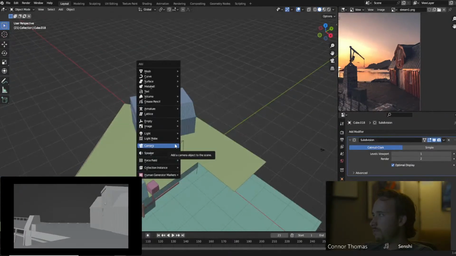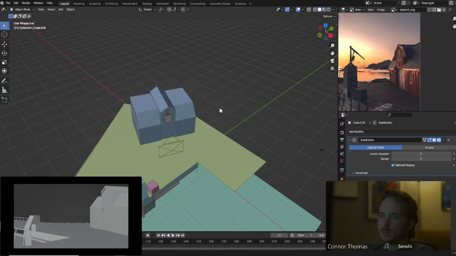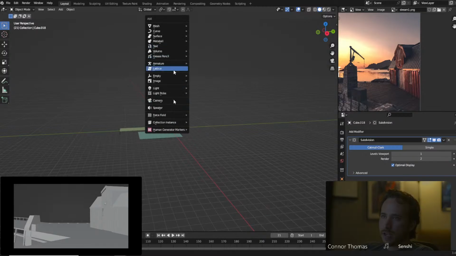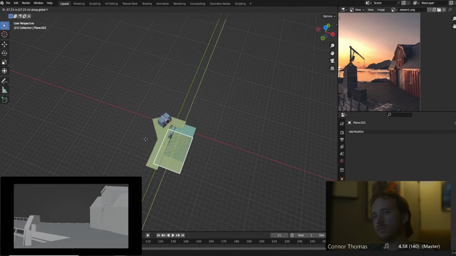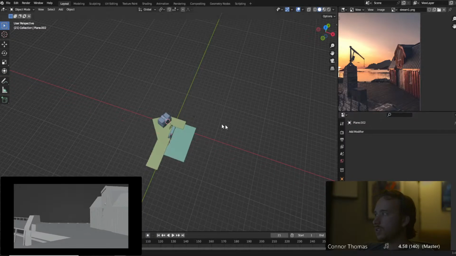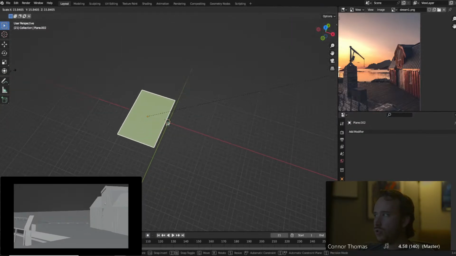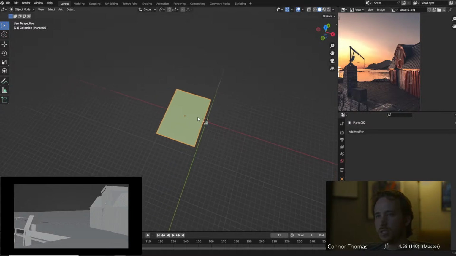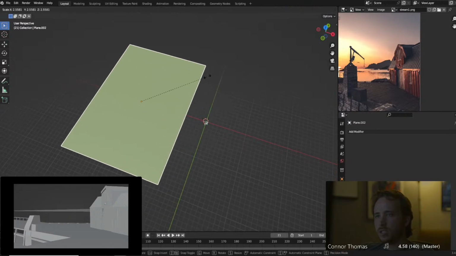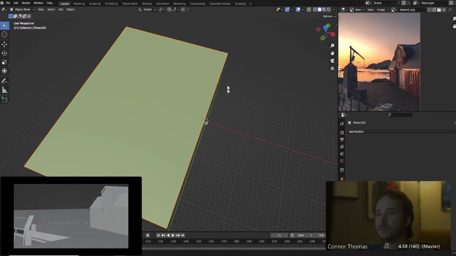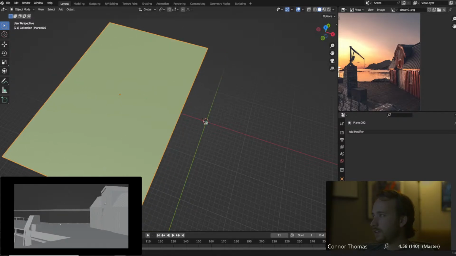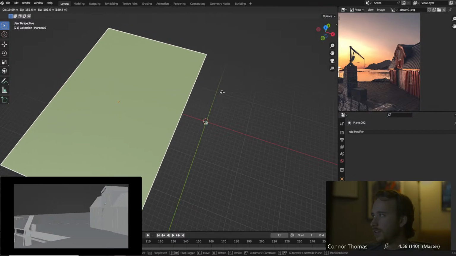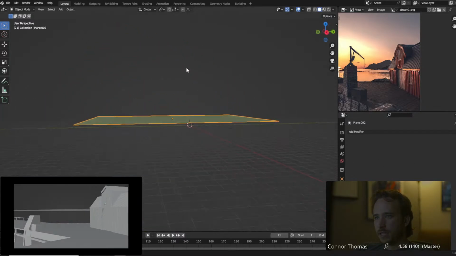The mountains that are in the background, those are actually going to be pretty easy to do. Let's go ahead and just add in, duplicate this, add in an ocean. These things can get pretty big, these scenes, especially if they're going off pretty far. That's why I always say to,